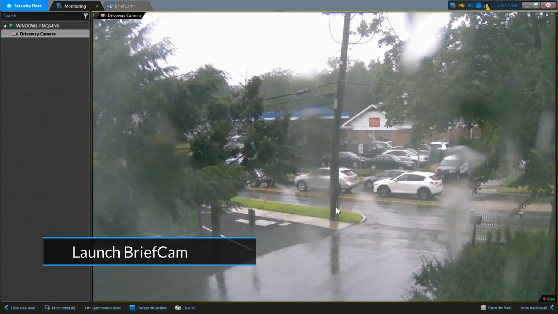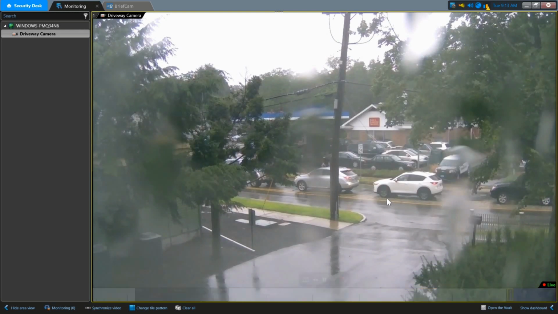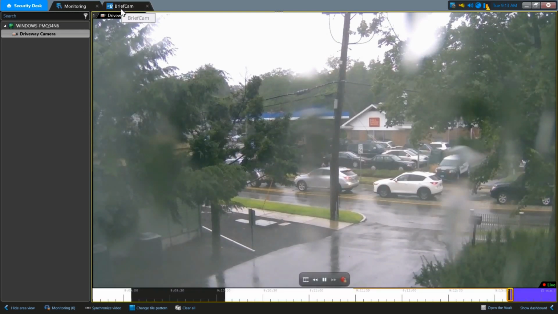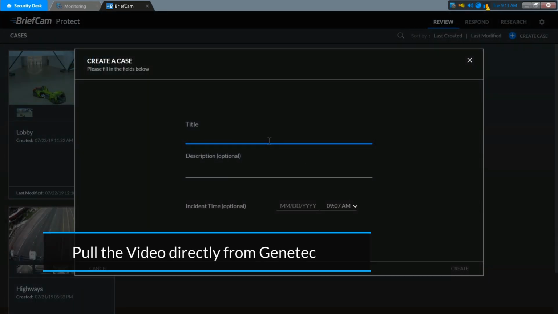So as you can see, we've got a camera hooked up, beautiful day. And I can go ahead and do my live monitoring here, video review within Security Desk. I also can go straight into BriefCam. So one of the options for the integration is to be able to pull the video directly from Genetec into the interface. So if I want to do an investigation,